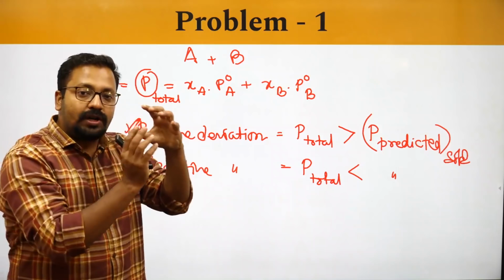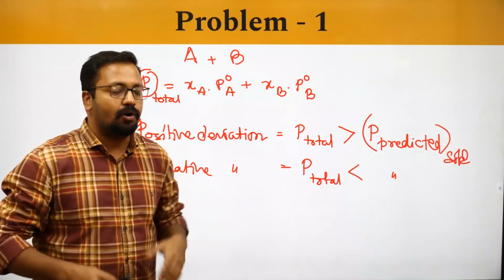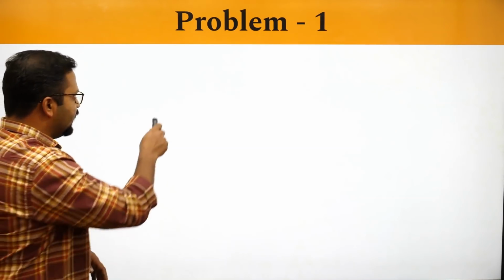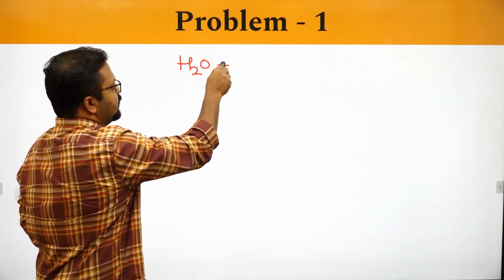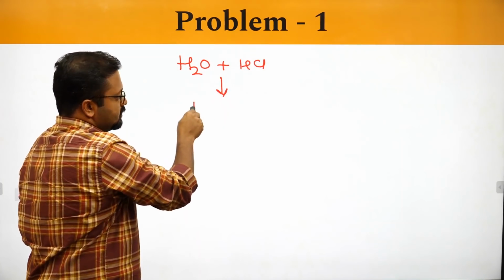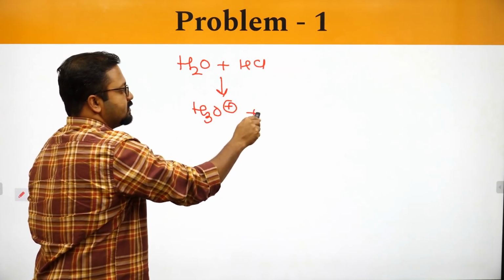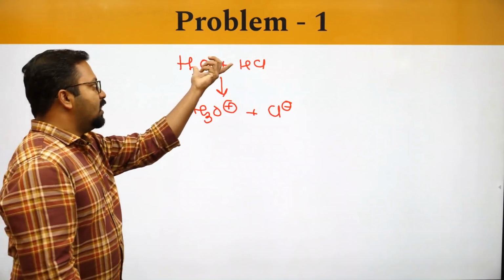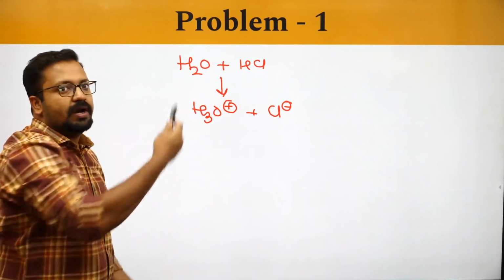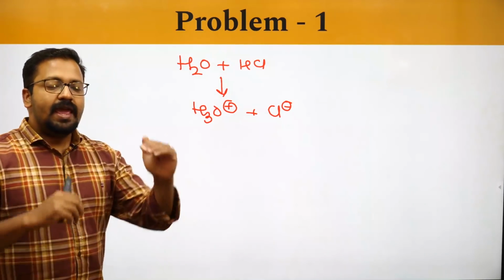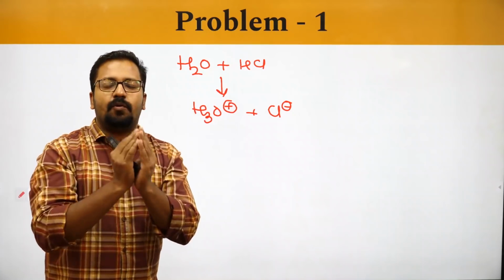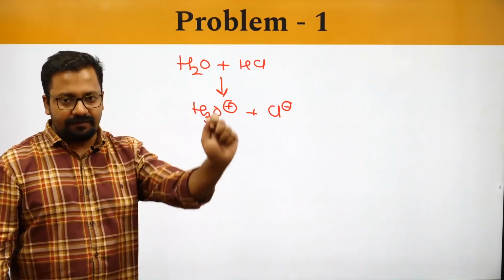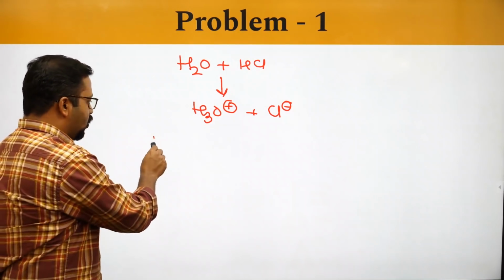अगर आपने वाटर को HCl के साथ मिला दिया तो क्या होगा? देखते हैं. If you mix water with HCl, then H2O mixed with HCl will produce H3O+ and Cl-. Huge degree of attraction because ions are produced. Less attraction because only hydrogen bonding. Okay, so if there is more attraction in the liquid state, less vapors are created, and then it will cause negative deviation. Remember this: more attraction